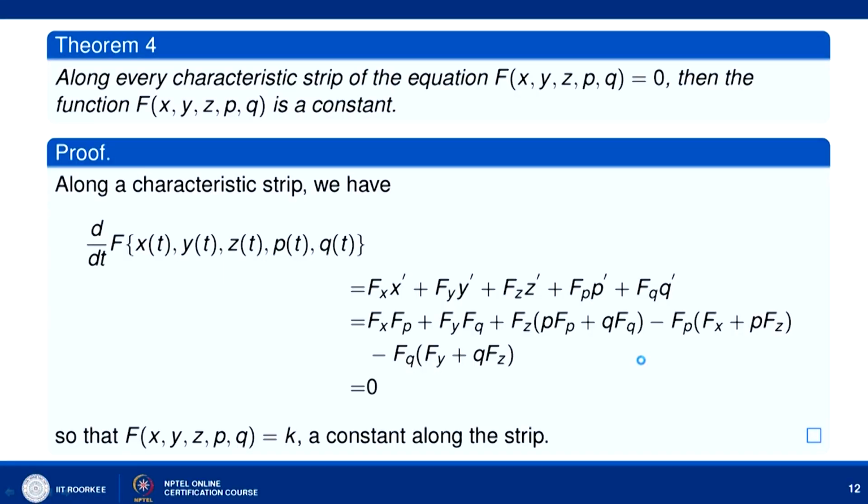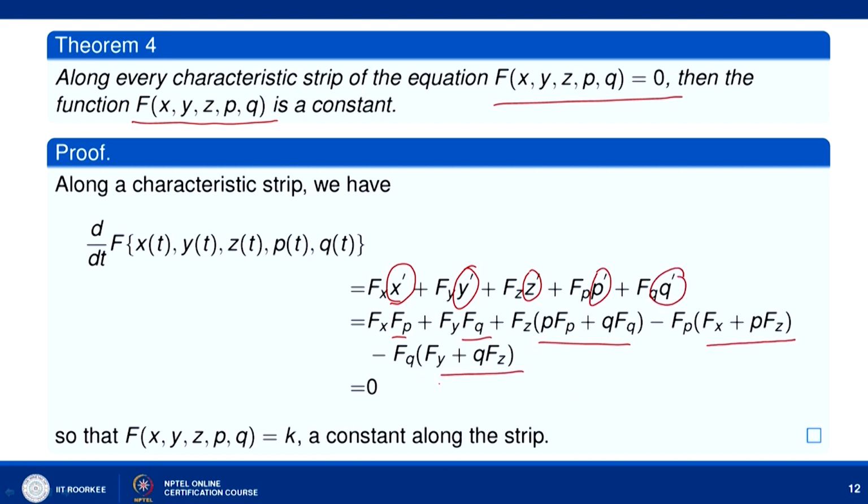So, in this direction we have the following two results. Along every characteristic strip of the equation f of x y z p q equal to 0, the value of f of x y z p q remains constant. To prove this, you simply differentiate with respect to t of f of x t, y t, z t, p t, q t, and when you differentiate you get f x, x dash plus f y, y dash plus f z, z dash plus f p, p dash plus f q, q dash. Now, here using the values of x dash, that is f p, y dash, f q, z dash, p f p plus q f q, and p dash and q dash,